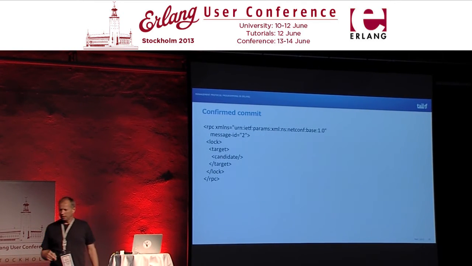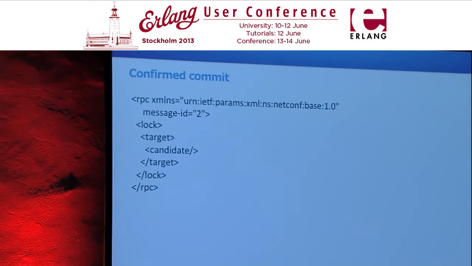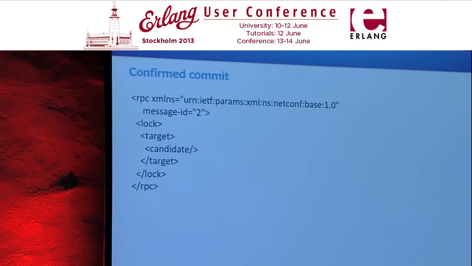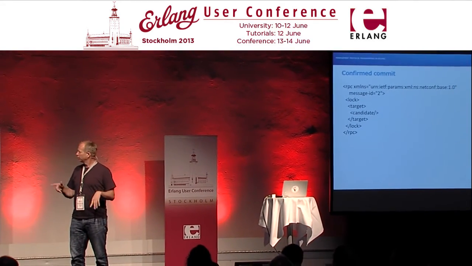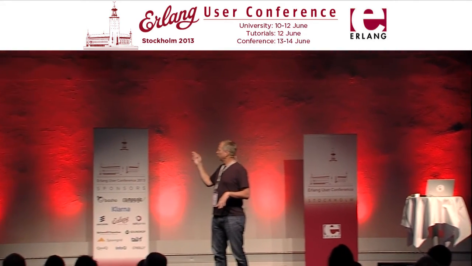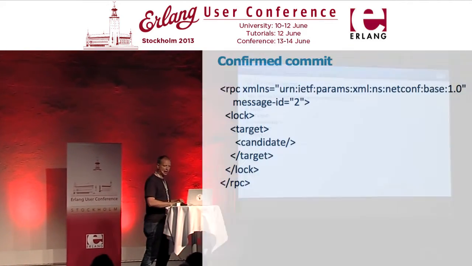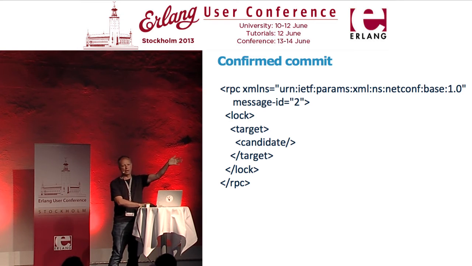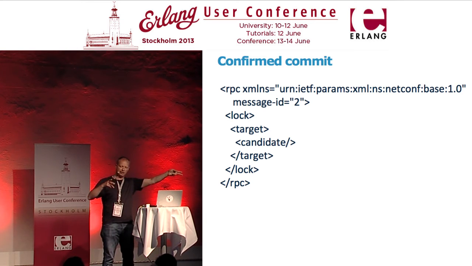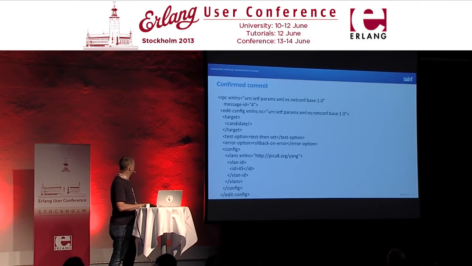The mechanism that NETCONF is using is called confirmed commit. And it's like two-phase commit for databases, sort of, but it's much cooler, and it's networky. So these are messages that would go from the manager to the agent. We're locking the candidate, and we do that for a number of devices, the 2 routers and the switch. We're locking the candidate. No one else can touch this guy now.